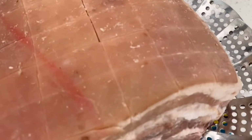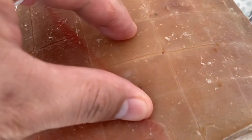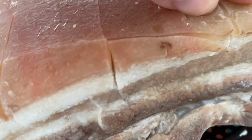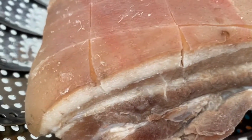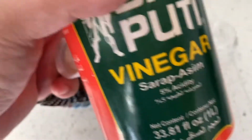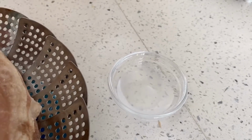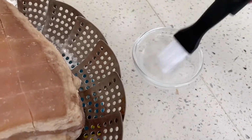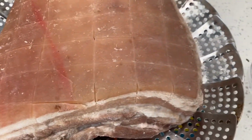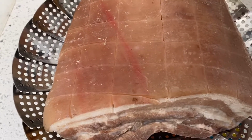Alright, so I tried to trim the hair, and here's how it looks like after I sliced the skin to square. I tried to go as deep as possible, but not to the point that it breaks the whole thing. Yep. So what I'm gonna do now is I'm gonna brush some vinegar. Just enough. So I will brush some vinegar on this. And I'm gonna just do the skin. I'll just do once first,